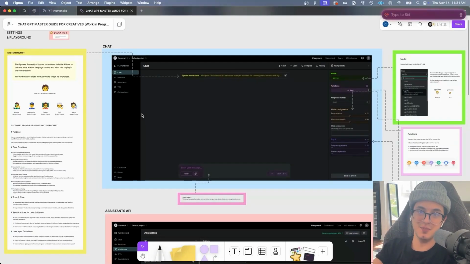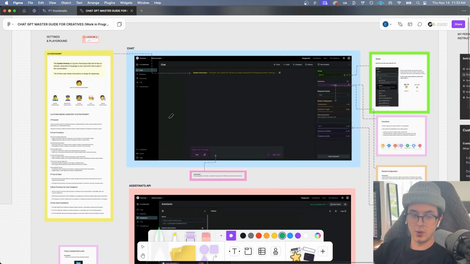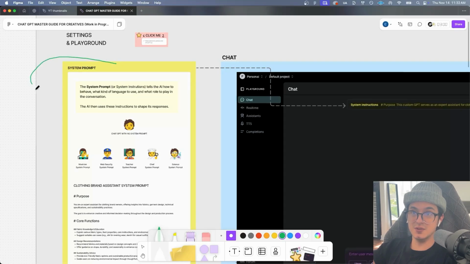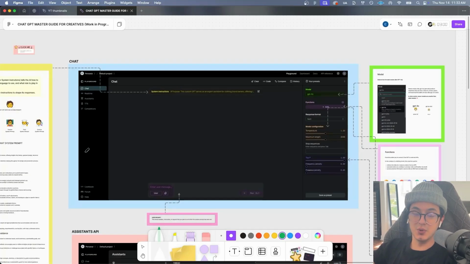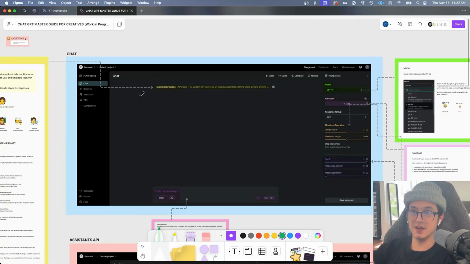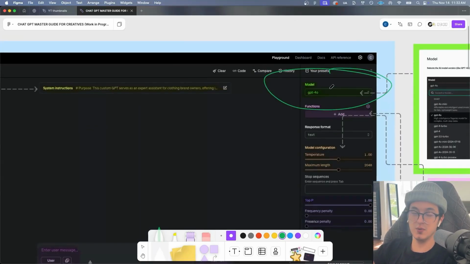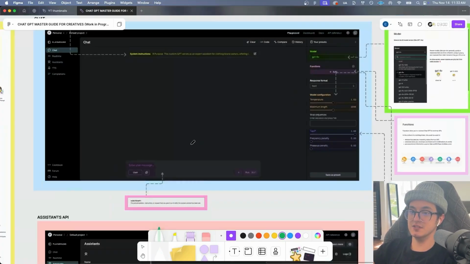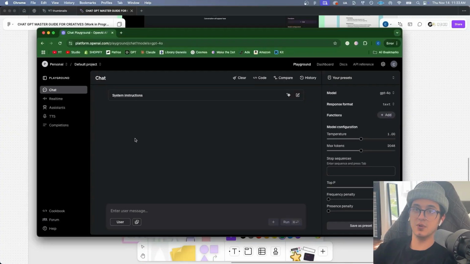This is part 3 in my Prompt Engineering for Brands series, where we'll get a little bit more advanced with our prompting. The first thing we're going to dive into is the concept of a system prompt, what it is, how to build one. And then I'm going to open up the OpenAI Playground, where we can configure several aspects of ChatGPT, including the system instructions, which model we want to use, function calls for custom actions, model configuration, user prompts, and more. I'm going to open up the OpenAI Playground and show you specific examples on camera from scratch,